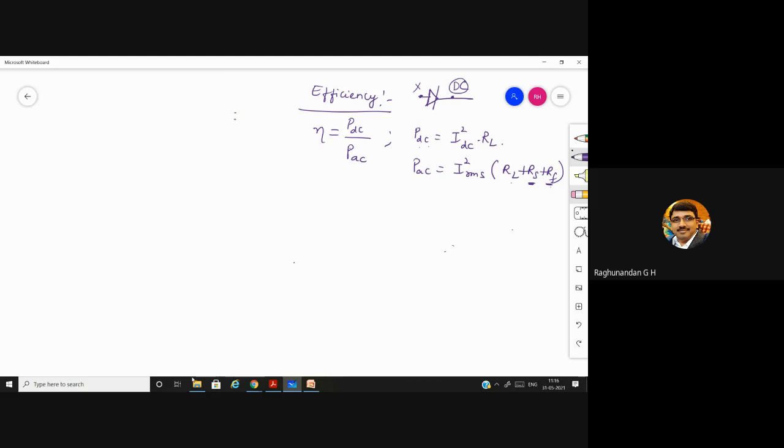So that's why we need to consider all the three resistances in the AC condition, and in the DC condition we will be having only RL, because DC is obtained after the diode. So the only opposition offered is the load resistance. So we will not be considering the diode resistance. Okay, all of you should remember this. I cannot repeat the same thing again and again.